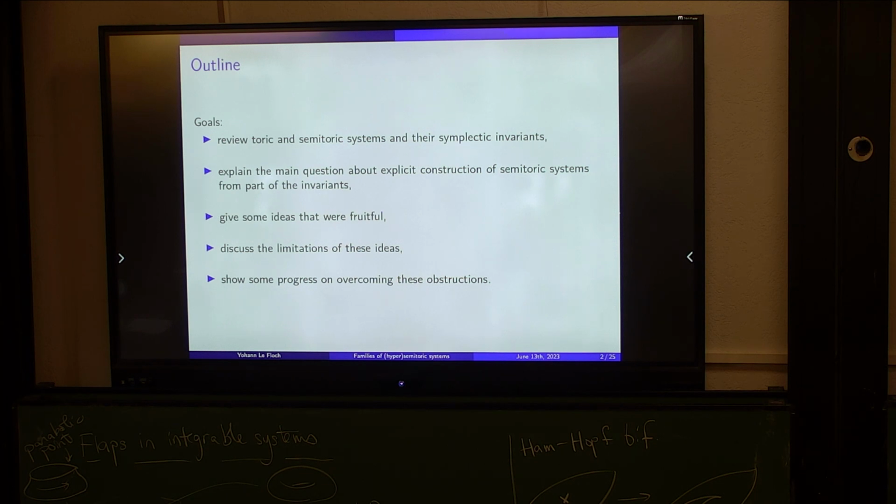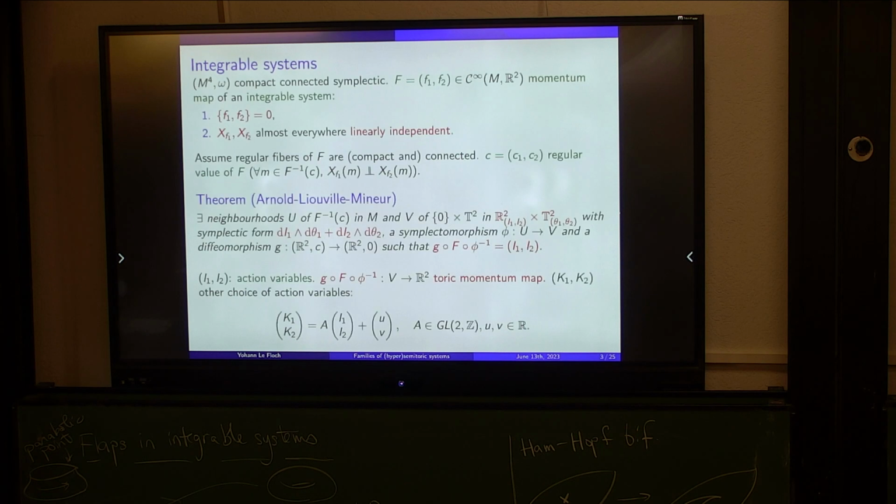And then the next part will be about some paper we are finishing writing now, among the 10,000 papers Joey is writing with everybody. And which discusses the limitations of the naive ideas we had to solve the general question. But you can adapt what we did in the previous paper to overcome this. So this is like a standard outline of any mathematics talk, I guess. But let me enter into detail. So, okay, I can go quickly on that.